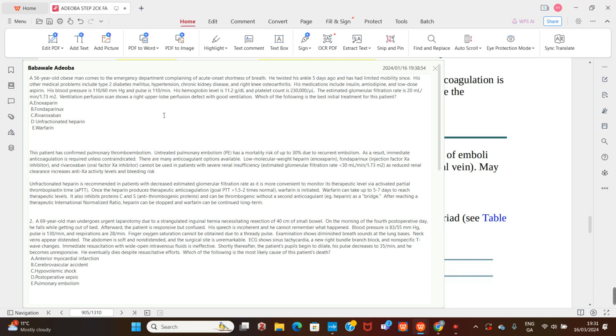Yes, renal issues now. So we should be looking at unfractionated heparin. So the options are enoxaparin, fondaparinux, rivaroxaban, unfractionated heparin, warfarin, or apixaban. So unfractionated heparin is correct. Thank you, Dr. Joy. Particularly when the GFR is less than 30,